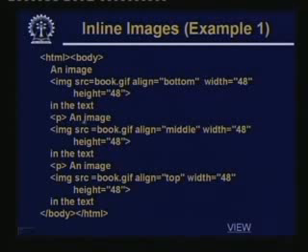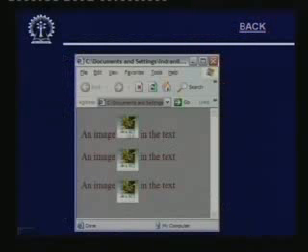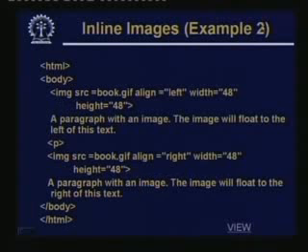Then there is a paragraph break, the same block, but instead of bottom you give align equal to middle. The third one after a paragraph break, same thing with align equal to top. So, bottom, middle, top, if you view it, it will come like this. The text will be coming, but the image will be aligned with respect to the text, bottom, middle or top. Okay. Fine. The next example,